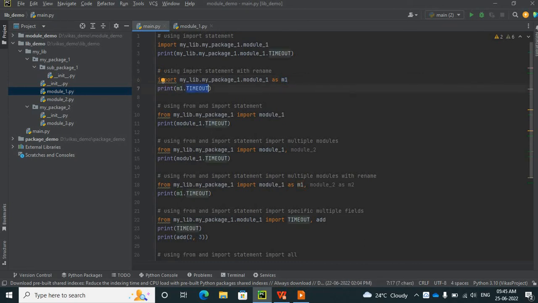Okay, so using a from import statement we can import a module as well, and we can import multiple modules with the rename, like this: module1 as m1, module2 as m2. Then